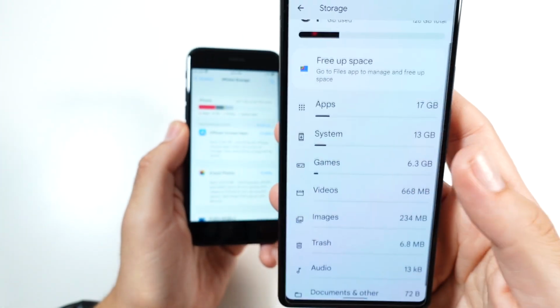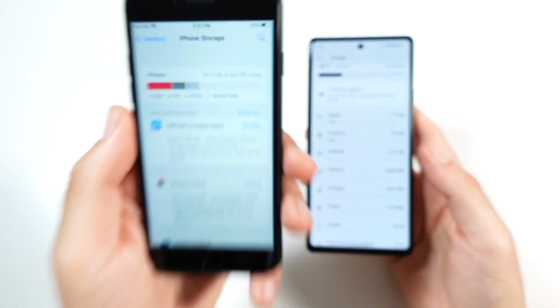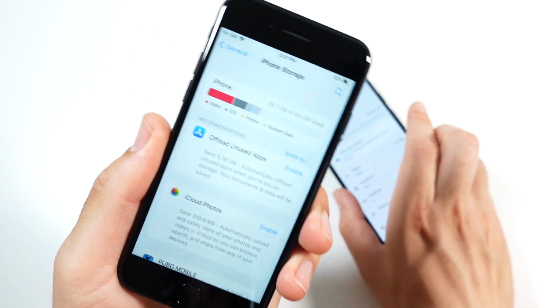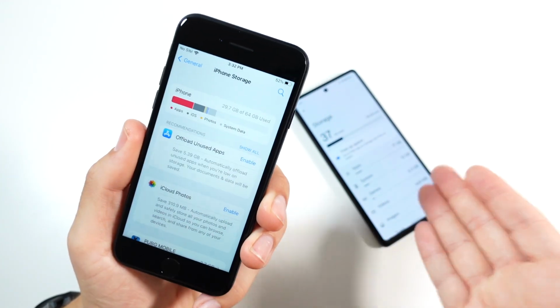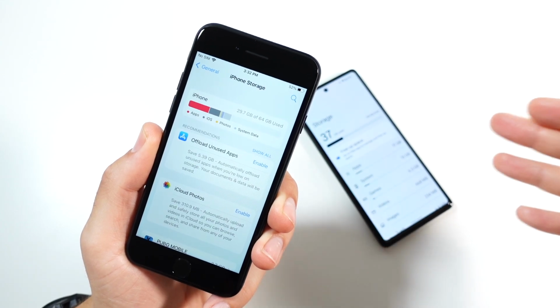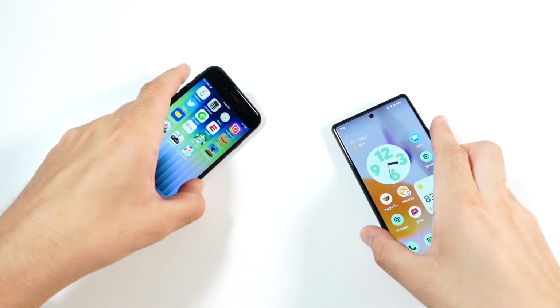Yes, you can do cloud storage here, but you could do iCloud storage here as well. So definitely, I gotta say, the SE is the move if you want that 256 gig option. It's not available on the Pixel 6a, plus the Pixel 6a is a little bit more. I'd say both of these are your best picks when it comes to